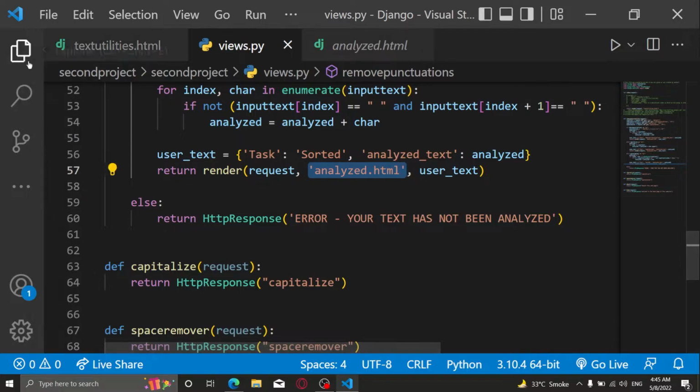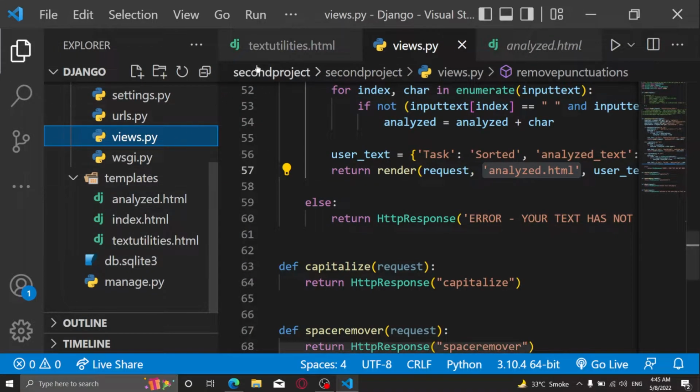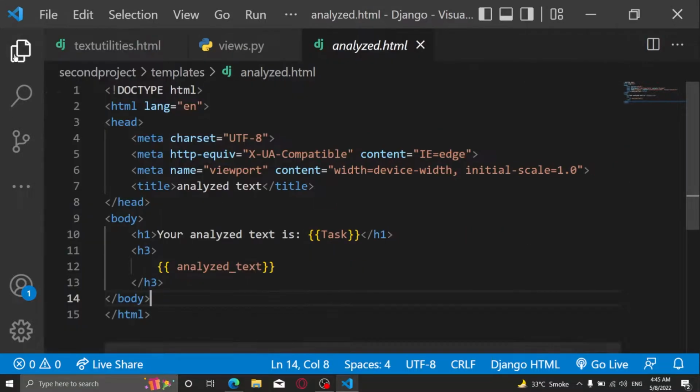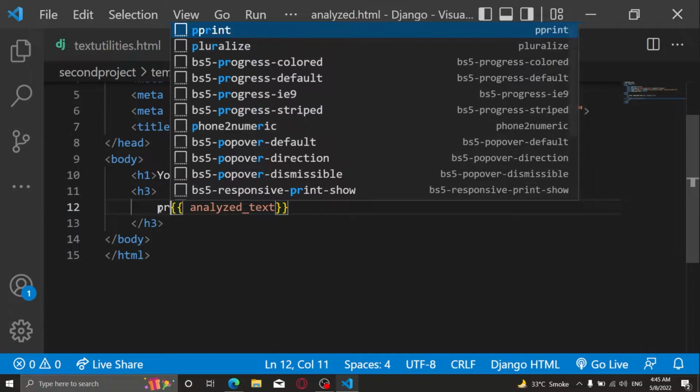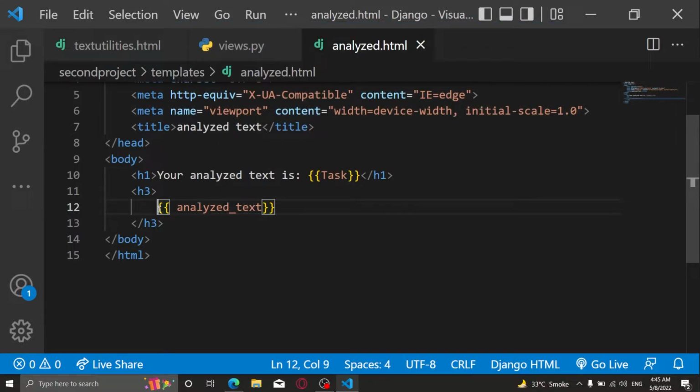So the basic bug is just that whatever output we are getting, we are simply printing the output in an HTML file. Like here is an HTML file. Inside this heading, we are just dumping it. But if you guys remember, in HTML it ignores empty spaces, right? So this is the reason why the new lines are getting ignored. To skip that, we can use this